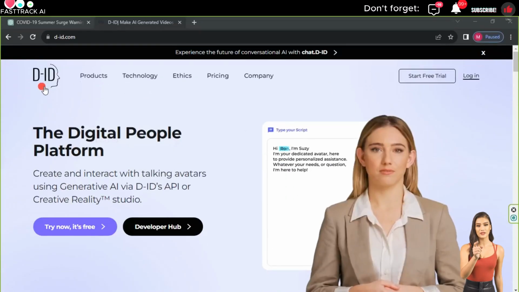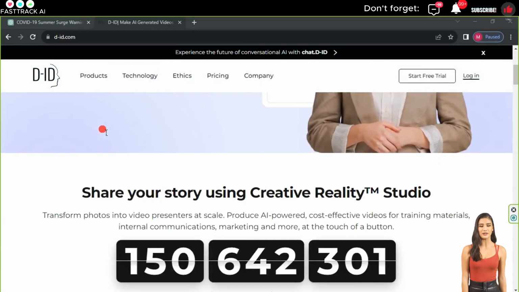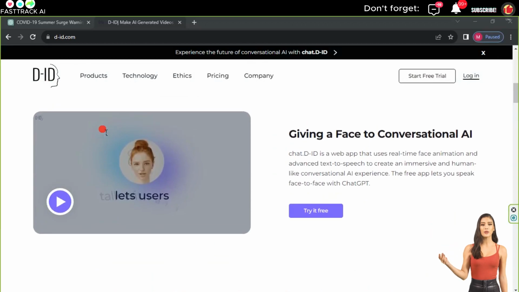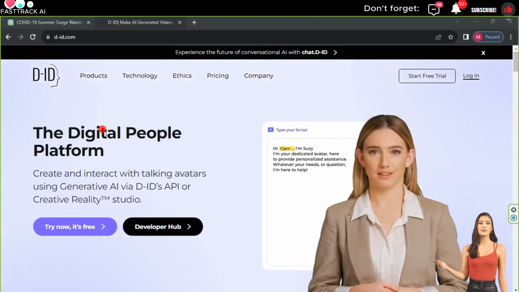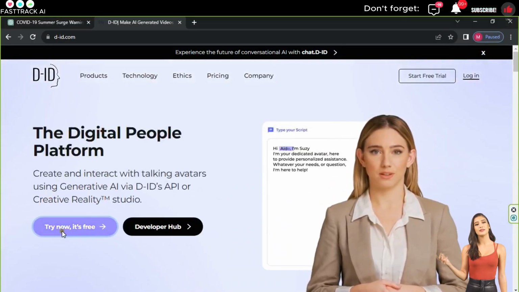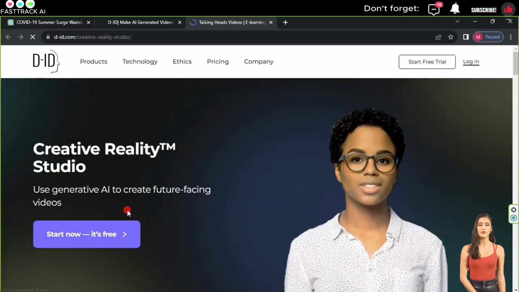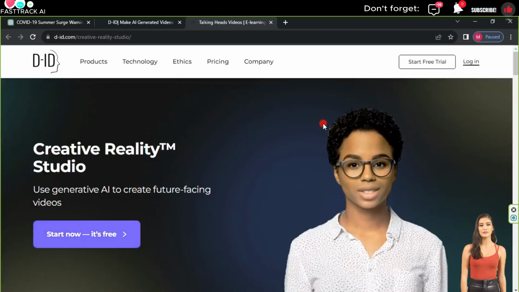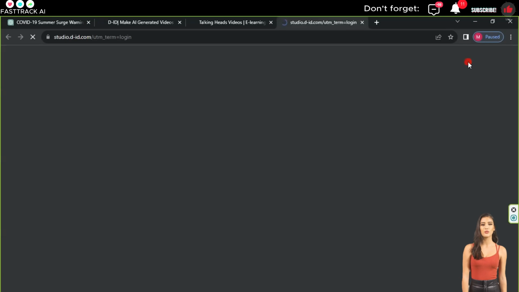To turn an image into an avatar or a talking character, we will use the DID website. The website is not free, but it provides several free attempts with credits that you'll receive after registration. To create an account on the website,